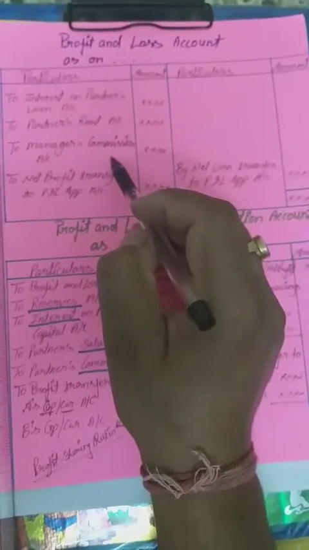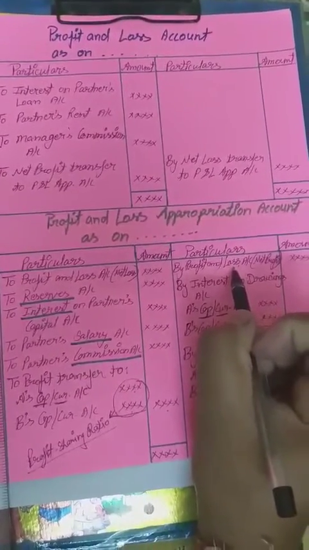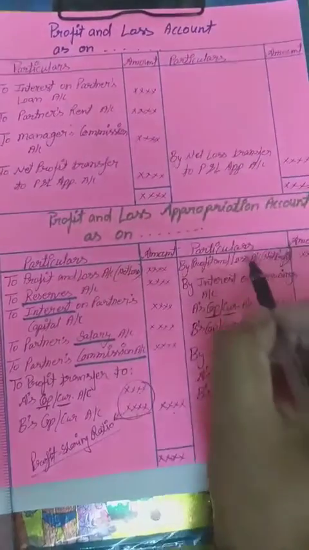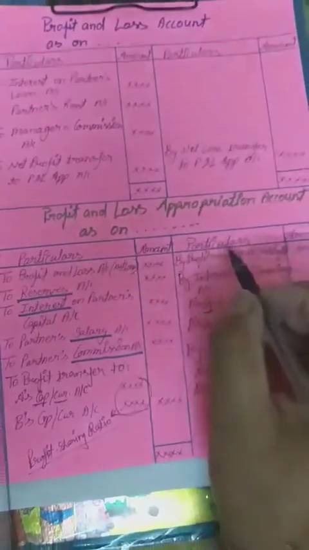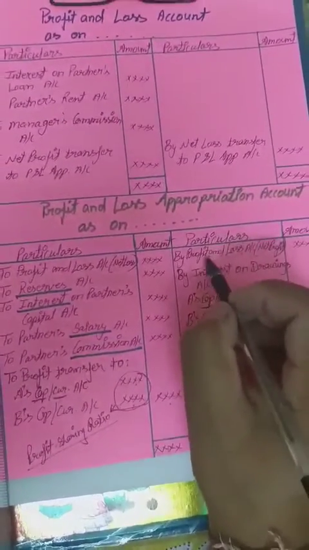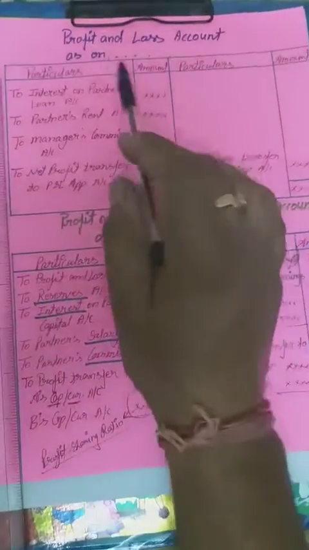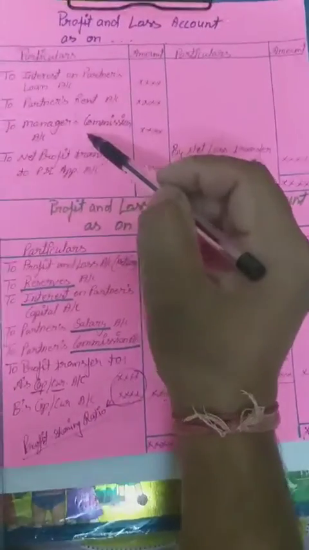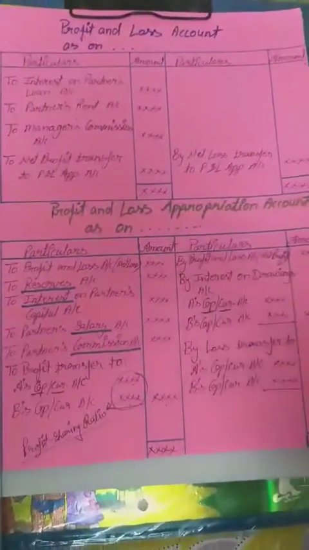This profit has to be written here after all these things. If this profit is given before any of these, then we have to subtract them from here. Here we can subtract and prepare the profit and loss account separately. So we have to be clear on this thing, which confused you most.